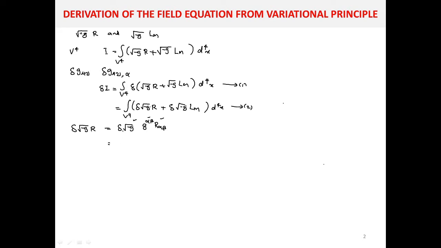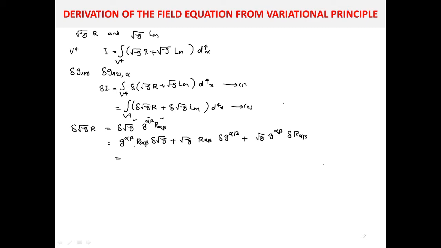So when you operate this delta, what you are getting is, first term will be g alpha beta R alpha beta into delta of root of minus g. Okay, the first term. Then you can differentiate the second term. Then you will get root of minus g R alpha beta delta of g alpha beta. Third term will be root of minus g g alpha beta into delta of R alpha beta. Okay,